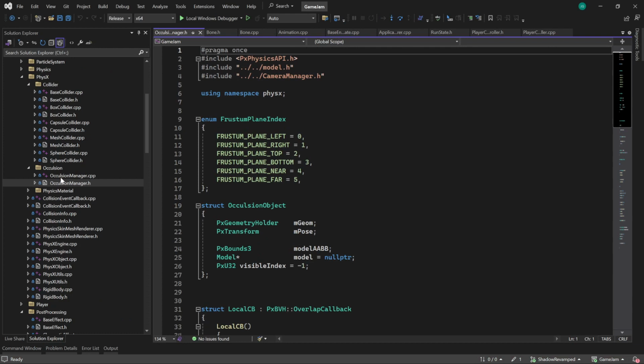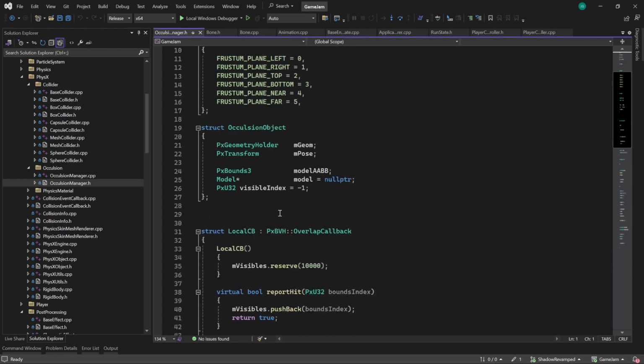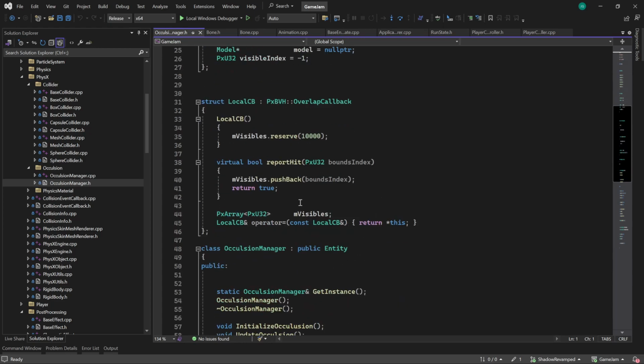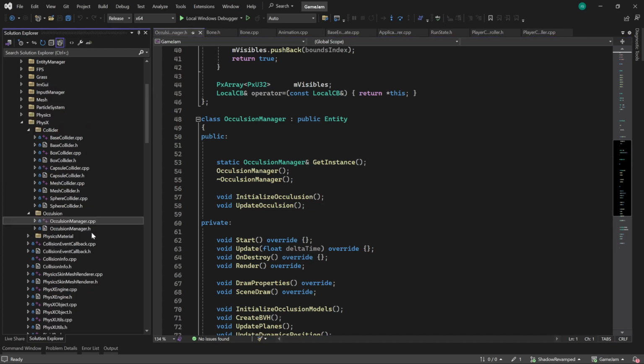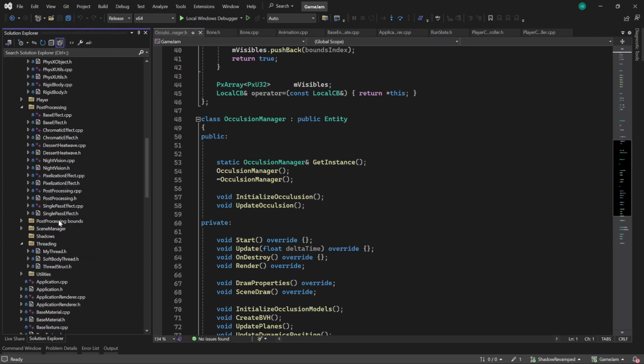That's the part on occlusion. This occlusion has been made with PhysX as well. They have a BVH culling option in PhysX. I used it and wrote a wrapper class around it to expose it in our game engine. And for the LOD part,